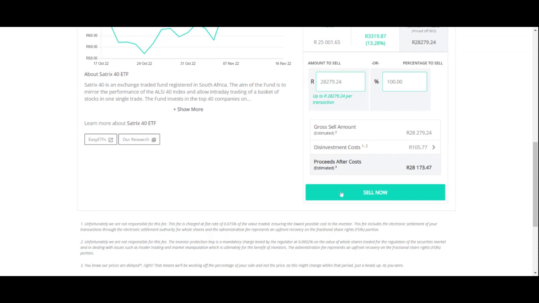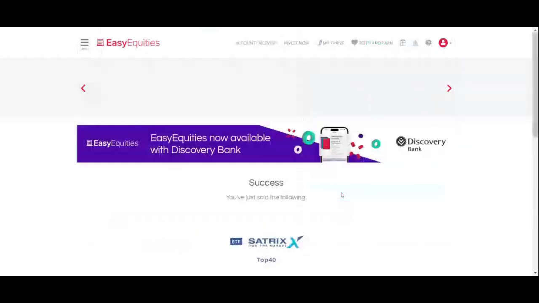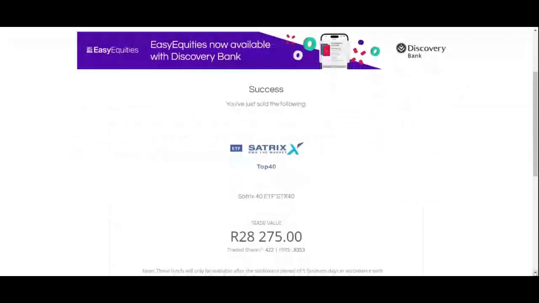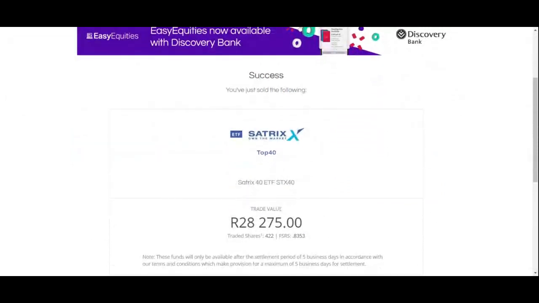Okay, so I'm going to do that live. Click on sell now. It will come up with a screen. The next screen will show you that you have been successful in selling that particular ETF, which is the Satrix Top 40, and the trade value was 28,275 Rand. Now, you don't have to copy or paste any of this information. This is purely just to show you